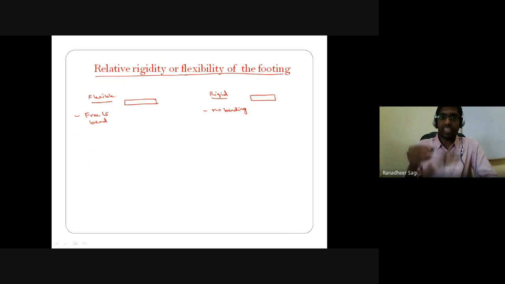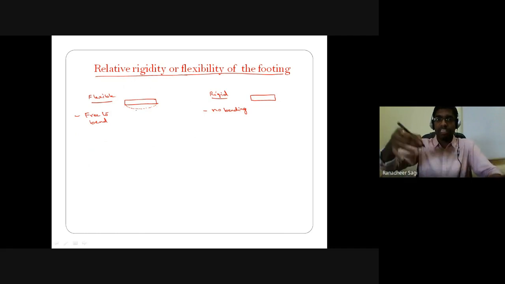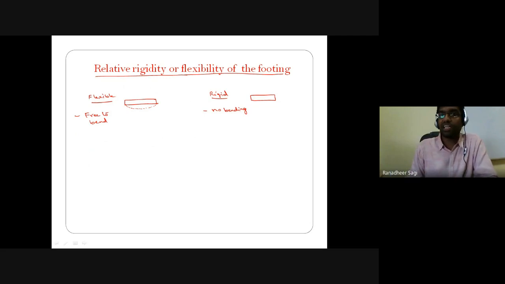Okay, so when there is an external load getting transferred from the column onto the foundation, if your foundation is trying to bend like this, I don't say exactly it will bend like this, the dotted line I am trying to represent indicates the bent shape of your footing. Such footing is what we call a flexible footing, which undergoes bending because of the load getting transferred through it. When it comes to the rigid footing, though there is an external load being transferred through that particular footing, you don't see any internal deflection happening in the footing. Such footing is what is called your rigid footing.